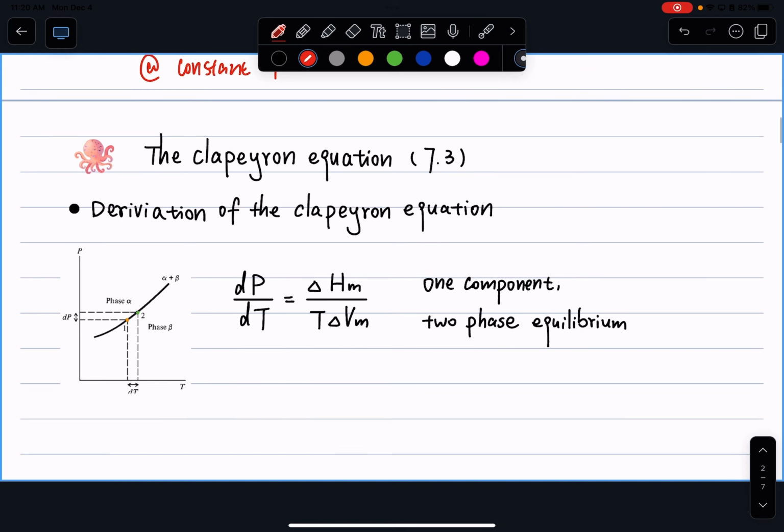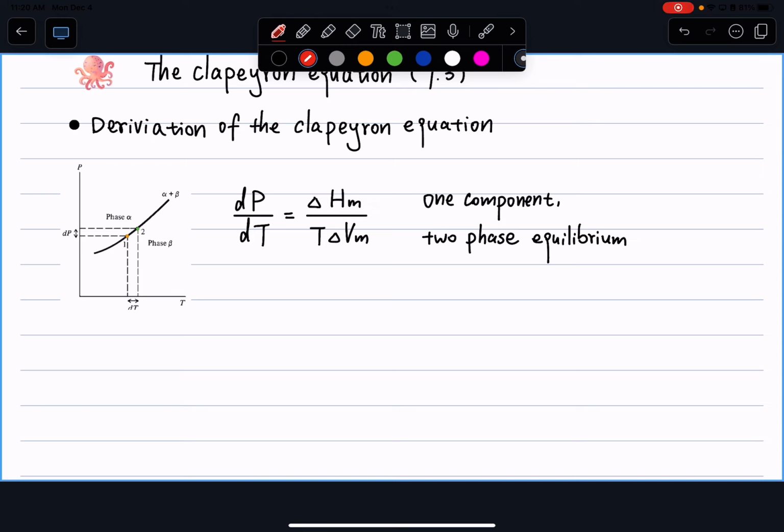Next up, the Clapeyron equation. So this one is the more quantitative picture of the phase diagram. Whatever we just went over is a more qualitative picture of the phase diagram. How do you use the phase diagram to plot that delta G versus P, without doing any real calculation? Or how do you generalize a qualitative description about what kind of event is taking place in that phase diagram in a specific transformation? So now let's look at the more quantitative picture of the phase diagram and use the Clapeyron equation to actually solve for specific things on your phase diagram.